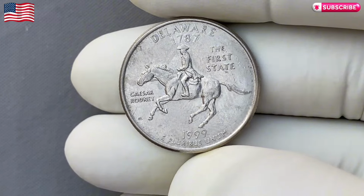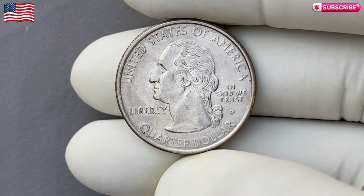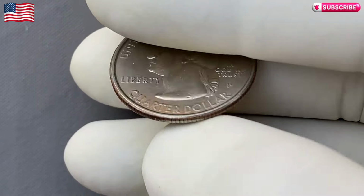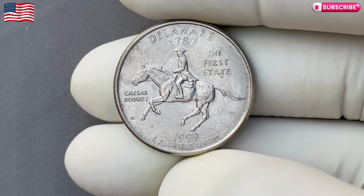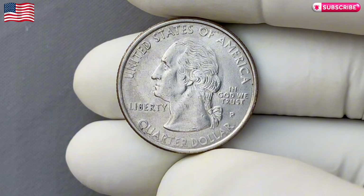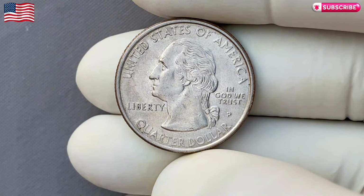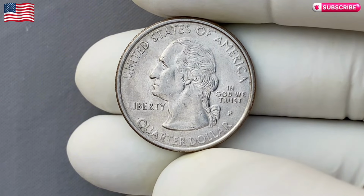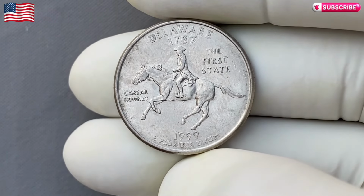It's a small detail, but that's what makes it so intriguing. Error coins are always in demand because they are unique, there's no other coin exactly like them. And in this case, the spitting horse error turns a regular quarter into a treasure. Finding a Delaware quarter with this error is no easy task. Most of the coins minted in 1999 were released into circulation, which means that many have been worn down or damaged over time. But if you manage to find one of these coins in pristine condition, especially with the spitting horse error, you could be looking at a valuable collector's item that could be worth